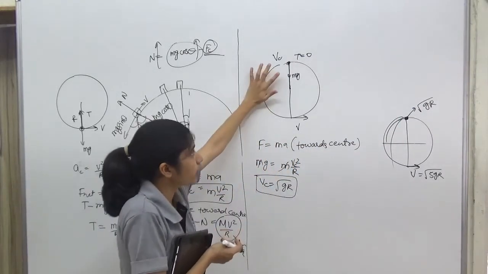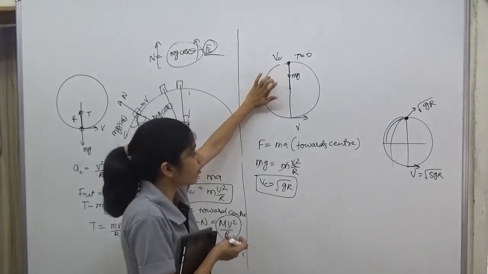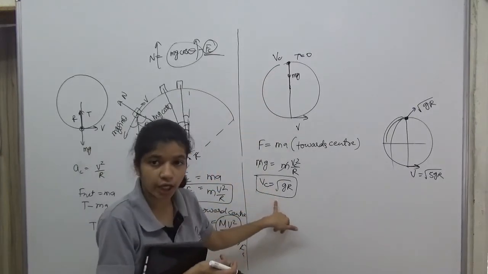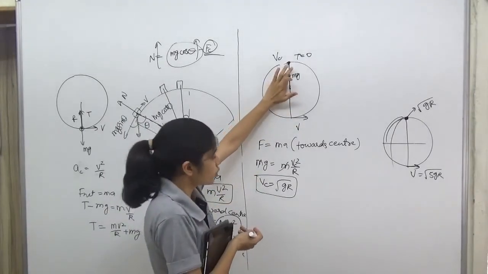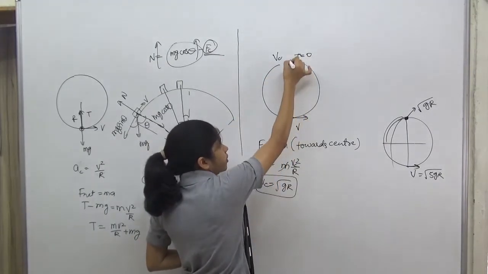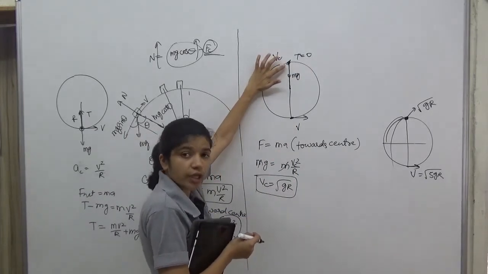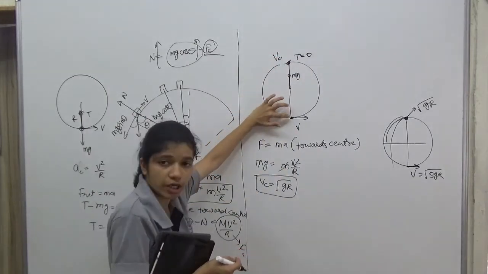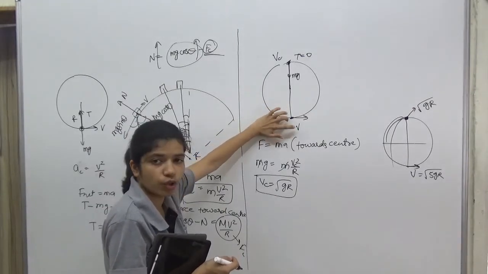So when you equated tension equal to 0 at this point, from there you got that velocity at topmost point should be root gr in order to complete the circle. Clear? At critical condition. Okay? So this much should be the velocity at this point. Now what we did, we conserved energy between these 2 points. So here potential energy is mg into 2r, kinetic energy is half mvc square. At this point potential energy is 0 and kinetic energy is half mv square. So from there we got v is equal to root 5gr.